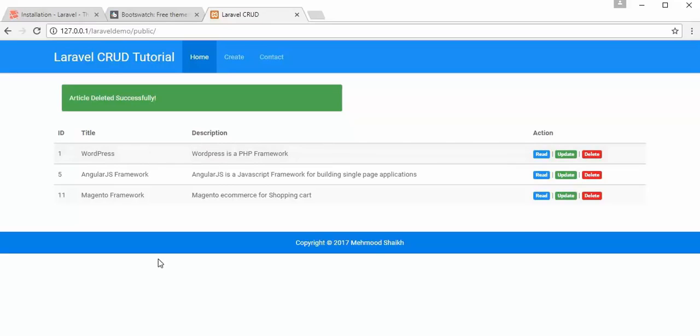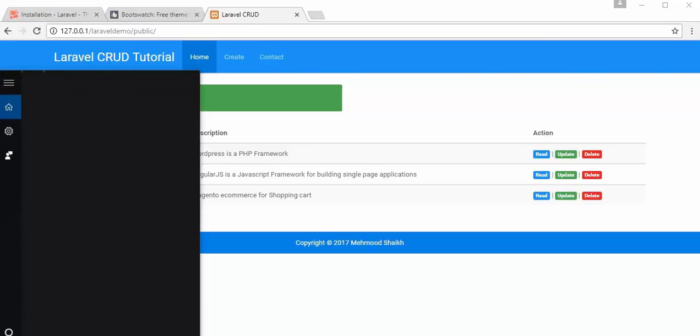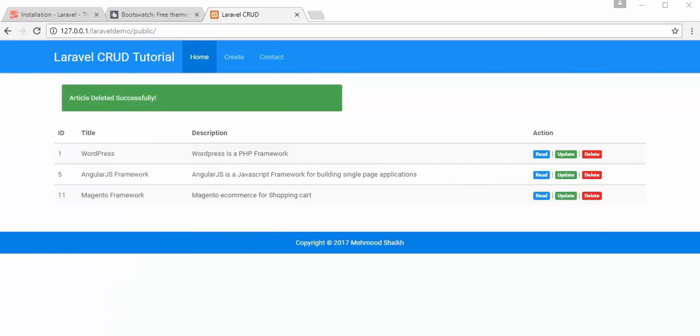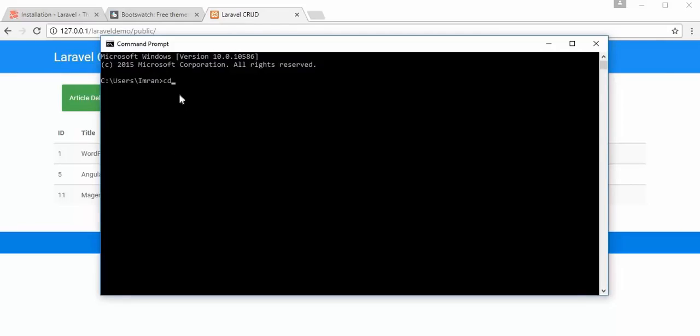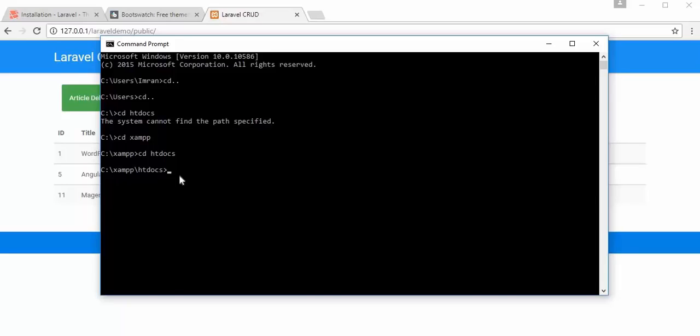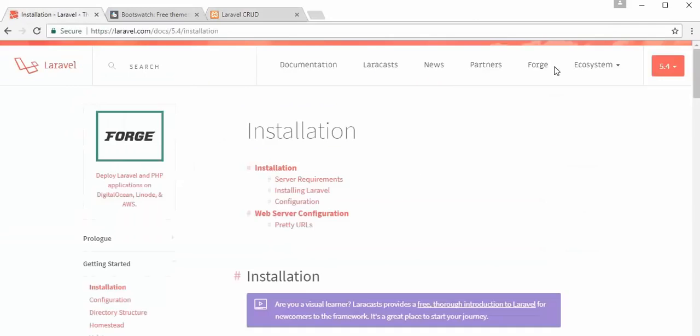which is Laravel 5.4. So first we need to go to our command prompt. Then I'll go to my XAMPP, cd XAMPP, docs, and here in my htdocs I'll download my Laravel 5.4. For downloading Laravel, you need to go to their website. Just go to